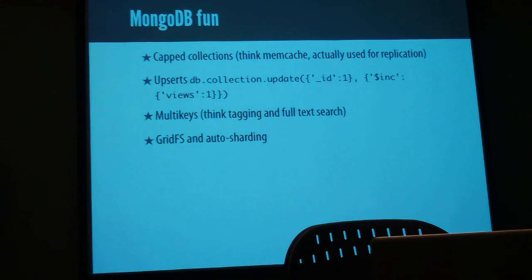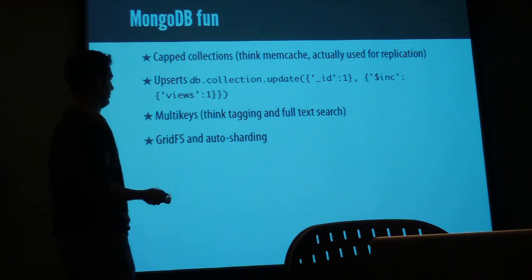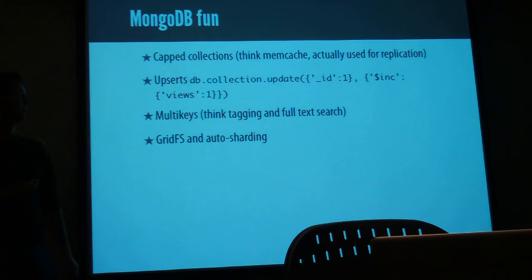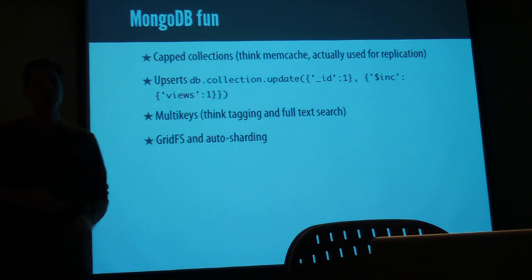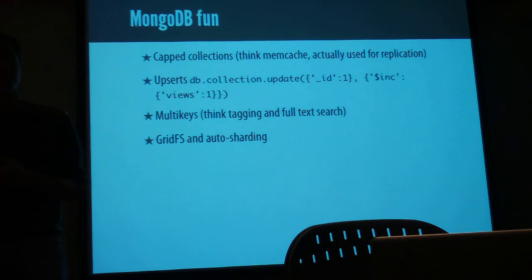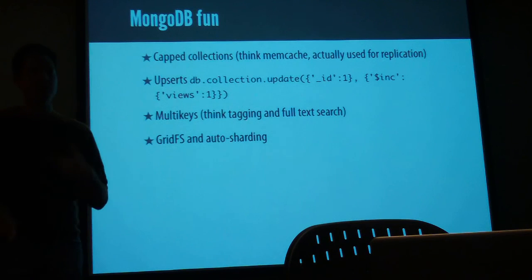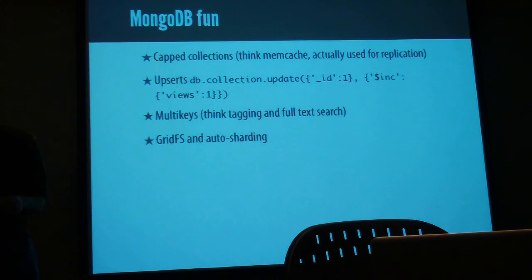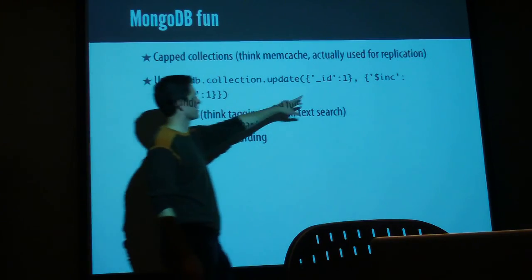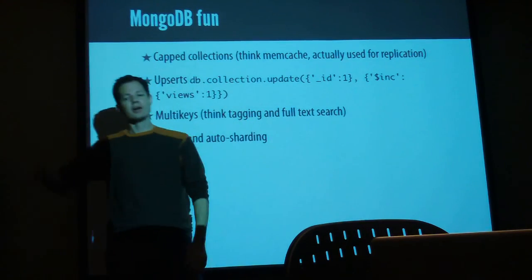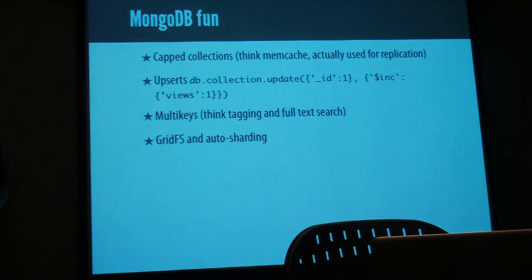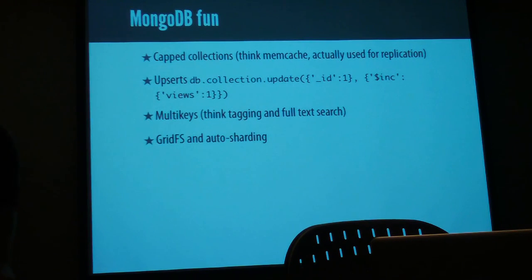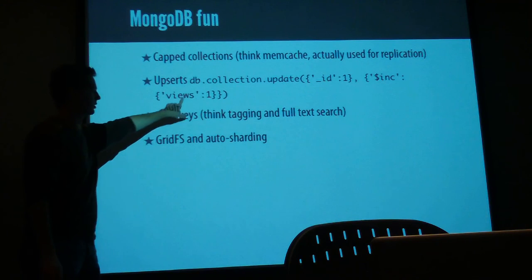Other things that you can do in Mongo: we talked about capped collections, upserts. Upserts are the bomb. We noticed a big performance boost when we started bypassing Mongo Mapper, whatever ORM we were using, and dropping down directly to MongoDB's upsert functionality. Basically, you give it a constraint, in this case ID 1, which is not self-explanatory. Think username penguin or whatever, right? So something that's going to be unique, any unique constraint that it can check against, and then you give it